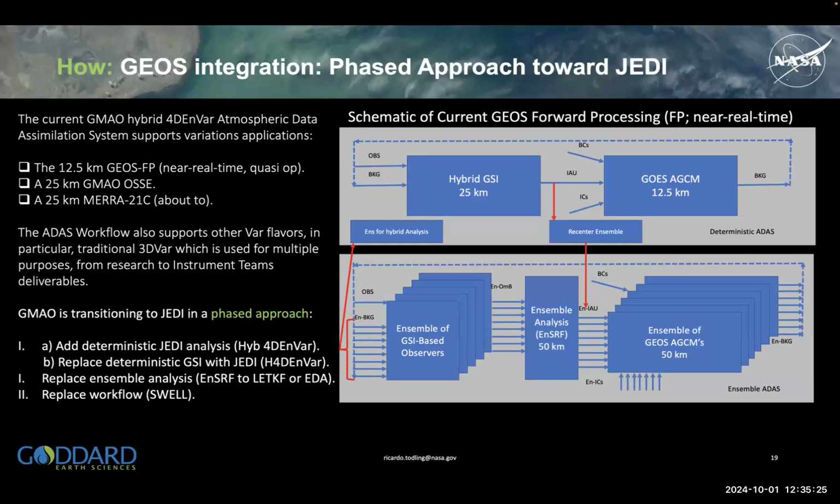So going toward JEDI for us, the little figure there depicts a bit what our systems are. Our system is essentially a hybrid system, as I had mentioned. Most of these approaches are now hybrid. So we run a high resolution 12-kilometer deterministic system that's in the top gray box here. It shows an atmospheric analysis, an actual model running, and these systems rely on the existence of an ensemble DA system that runs in parallel to this, that provides the background errors, the fundamental pieces that are necessary for the variational deterministic procedure to work